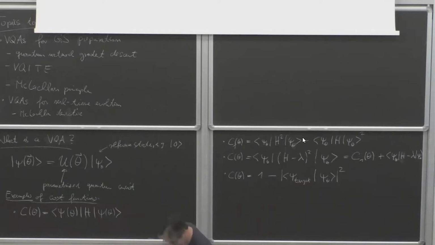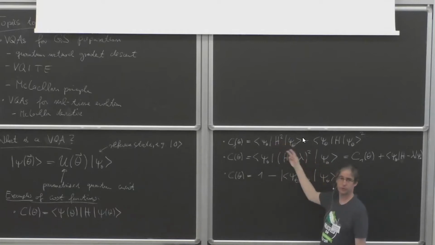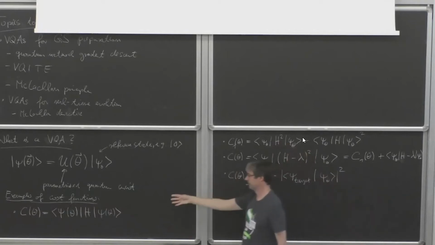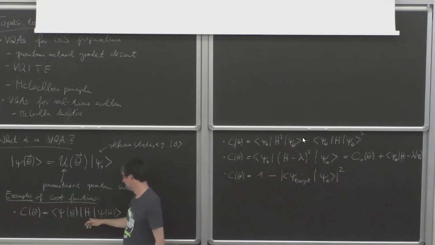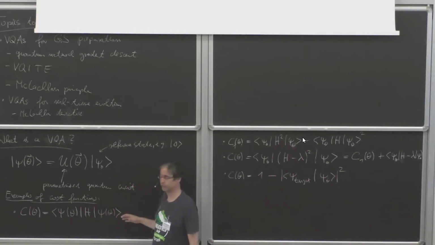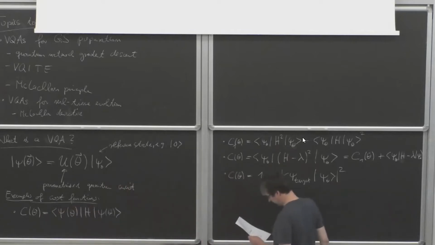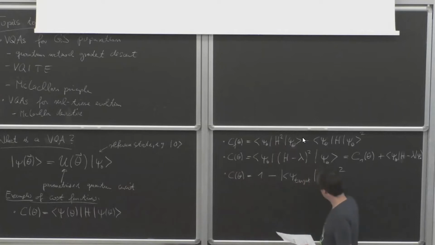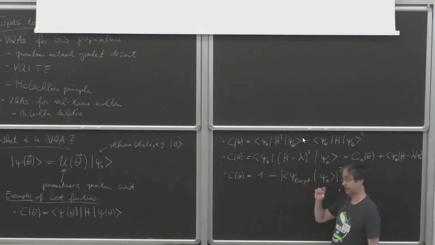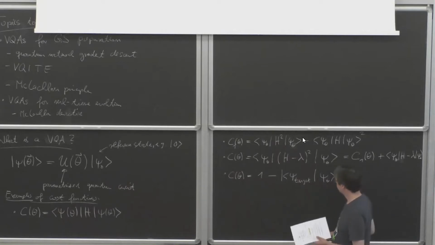You can ask the question, how would I actually measure this on a quantum computer? I told you these are just observables, just Pauli strings. Like a Hamiltonian, which is a sum of Pauli strings, you can prepare that state, measure expectation values of Pauli operators, and sum them up. But how do you do this? There are a couple of different ways. One is a swap test, but that requires some ancillas and it's a bit difficult on NISQ devices.